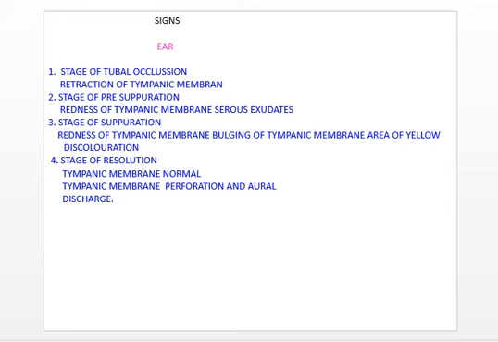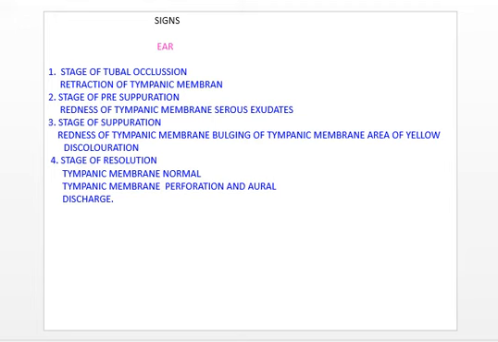The next stage is the stage of pre-suppuration. Now when the infection continues and before pus formation, the stage of pre-suppuration occurs, where there is increasing swelling in the middle ear cavity. The tympanic membrane will show you the blood vessels running on its surface. Dilated blood vessels may be visible, and there will be mild congestion of the tympanic membrane, which goes on increasing. The redness of the tympanic membrane